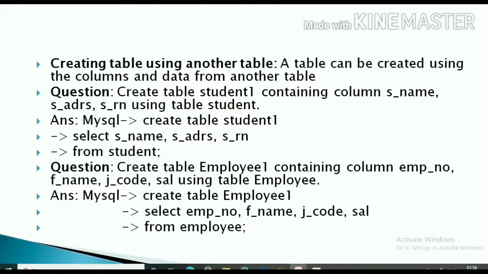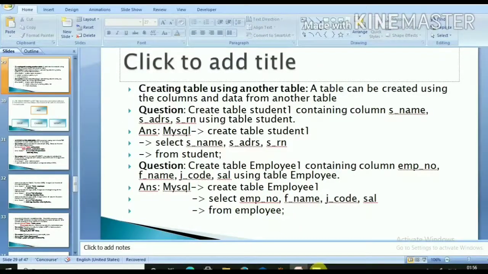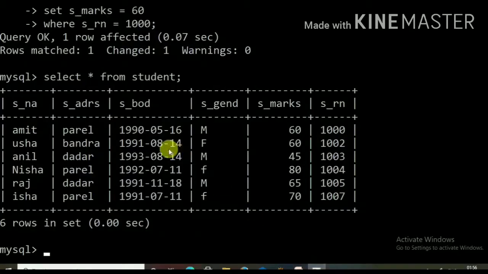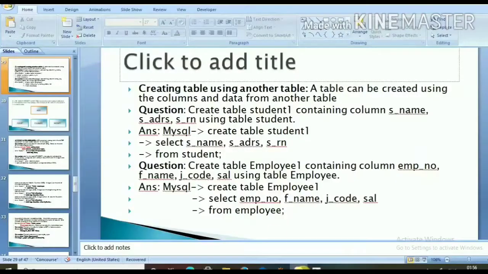So already we have created the table student having the columns s underscore name, s underscore adrs, s underscore bod, s underscore gender, s underscore marks and s underscore rn. Now you have to create the new table, that is student1, having the columns s underscore name, s underscore adrs and s underscore rn by using the table student.